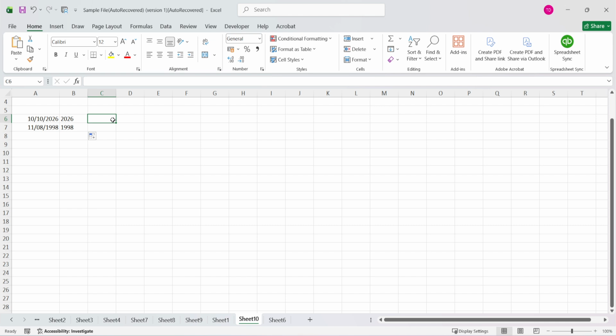And that's all it takes to extract the year from a date in Excel. It's a simple formula